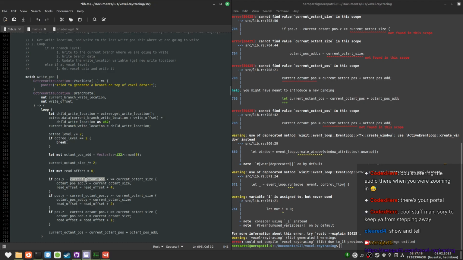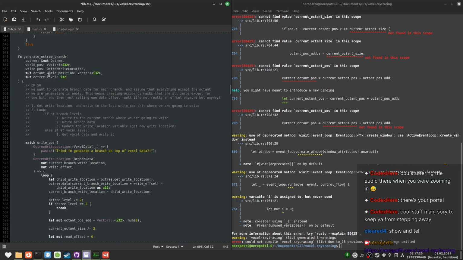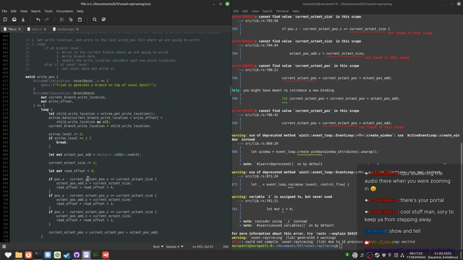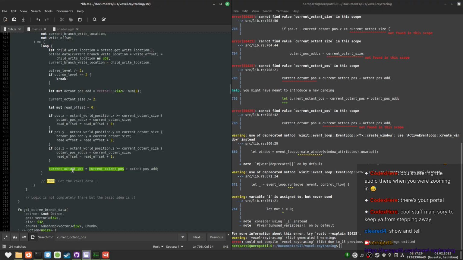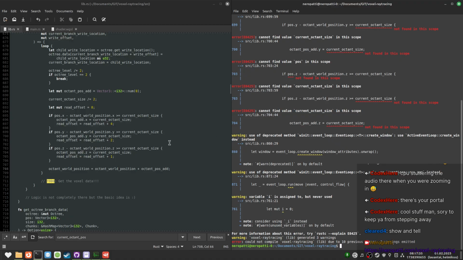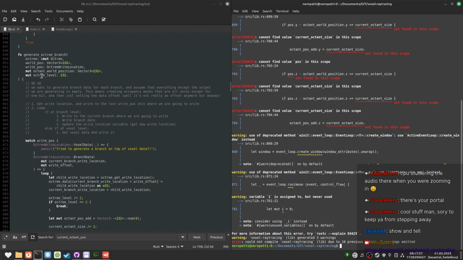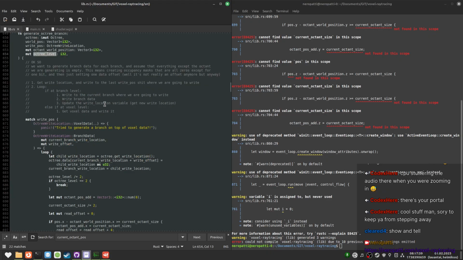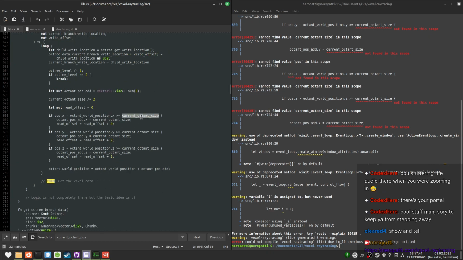Current octant boss, I guess. I'll just change the name. Current octant size. Oh, we're calling it octree level here.